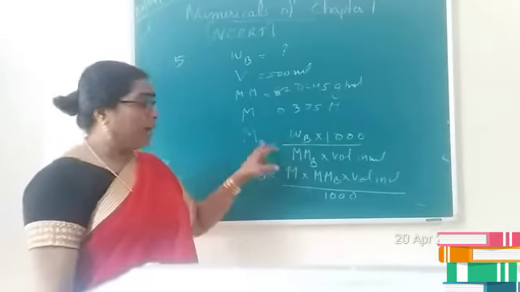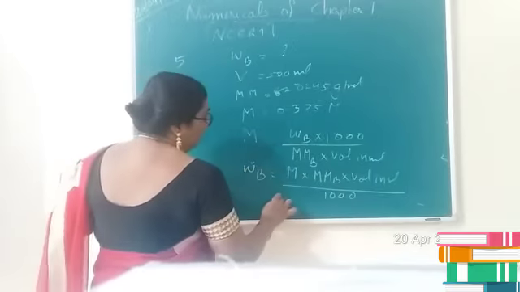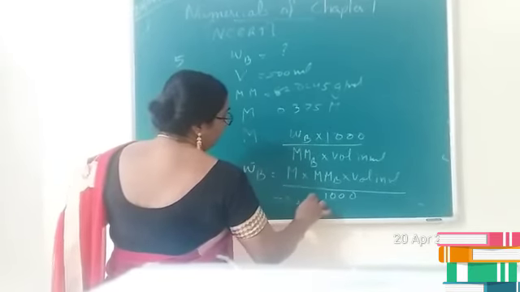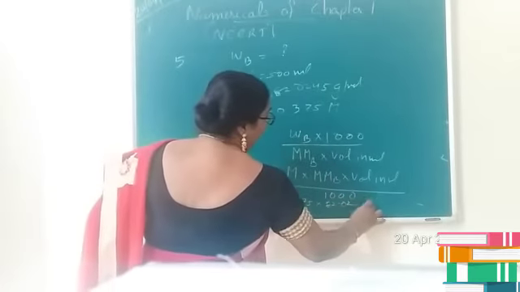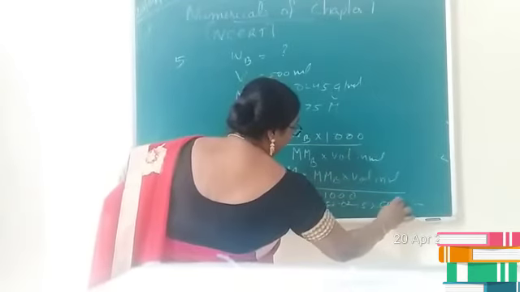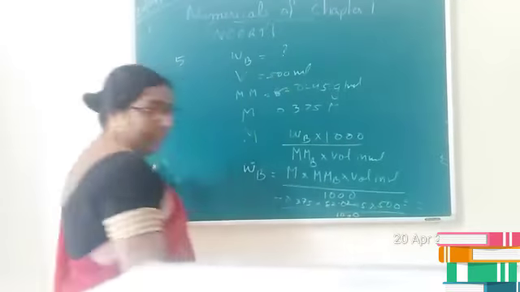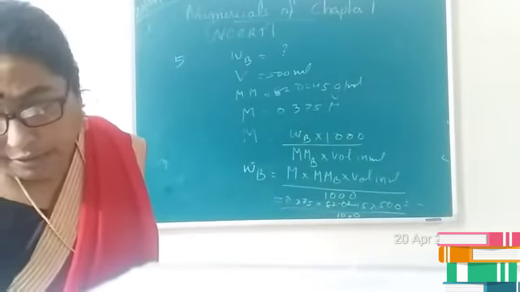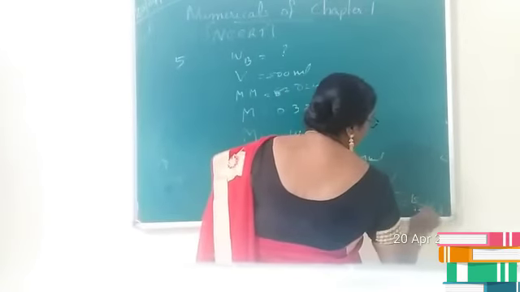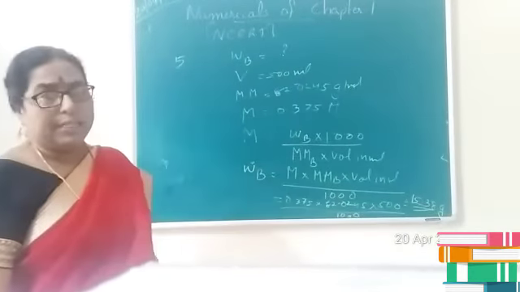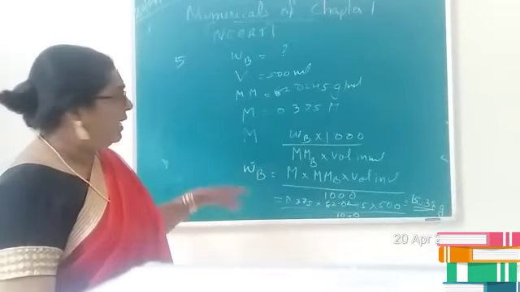That is how you can calculate the mass of solute. So let us substitute the values. Molarity is 0.375. Molecular mass is given as 82.0245. Volume in ml is given as 500 divided by 1000. So when you simplify this, you will get the answer as 15.38 grams. In order to simplify the question, you can make use of a logarithm table. That will be easier for doing the calculation. Is it clear, children? Direct question.